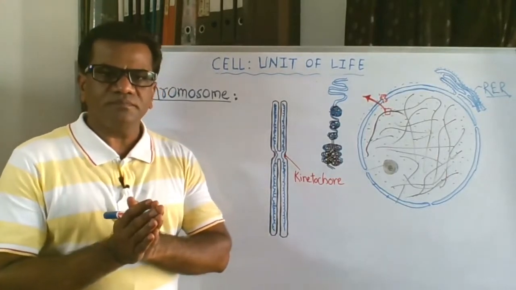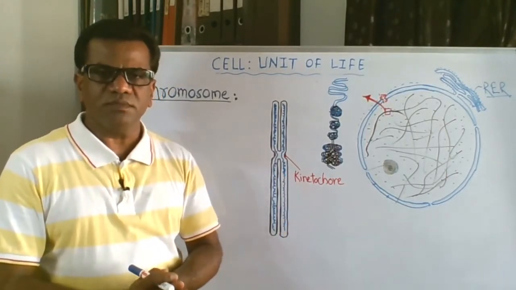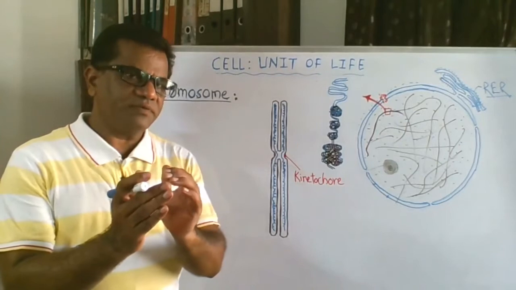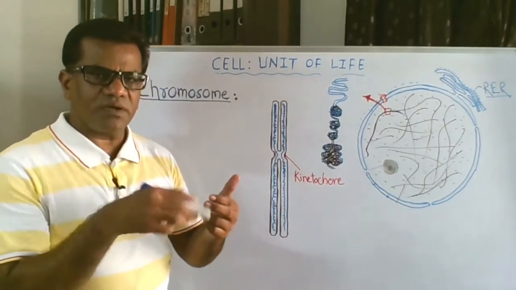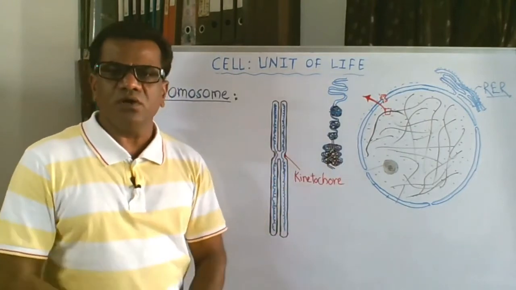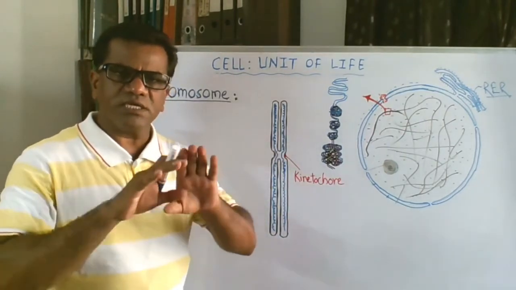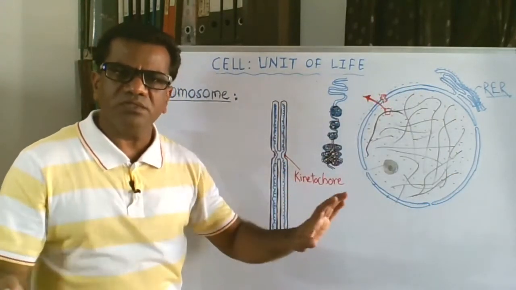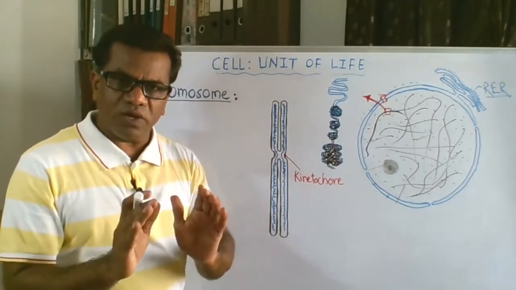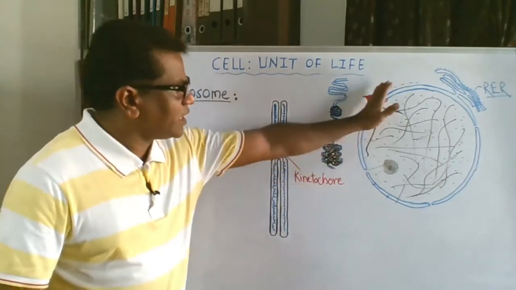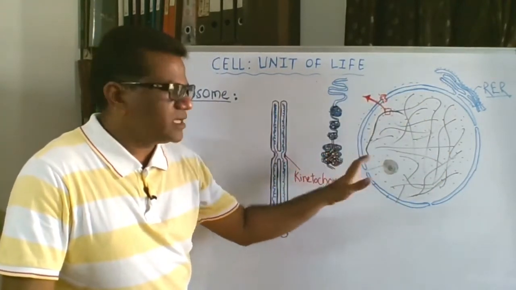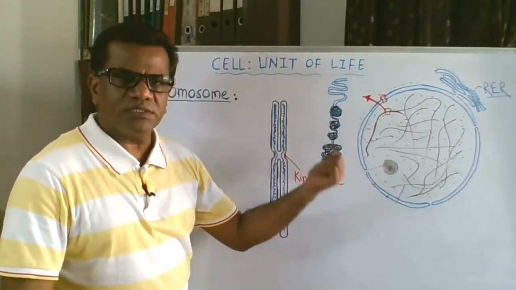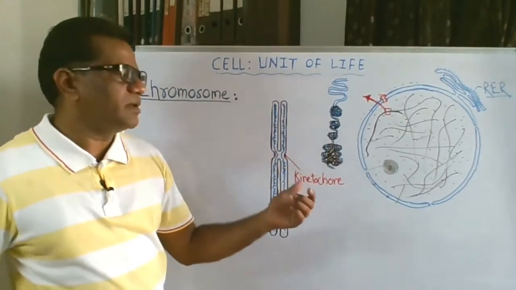Now, chromosome never remains chromosome. It remains in the form of chromatin most of the time. Only at the time of cell division, the chromatin fiber coils and coils and coils, and it forms the chromosome. So, when the cells are going to be divided, one cell into 2 cells, at that time the nuclear envelope disorganizes. The nuclear envelope is not present, and then the chromatin is released free in the cytoplasm. Now, this chromatin coils and coils, and after supercoiling,